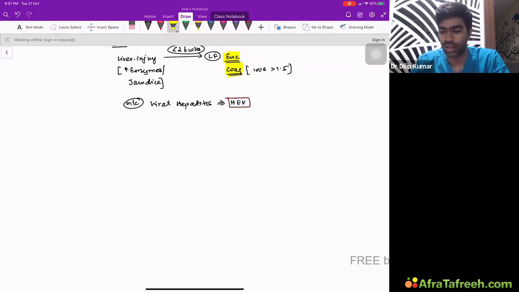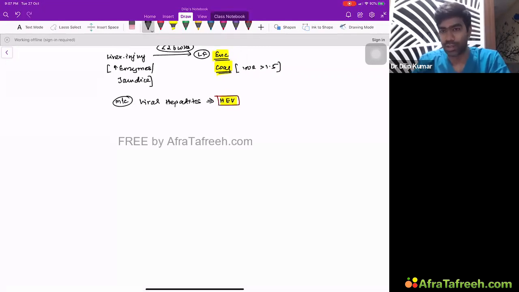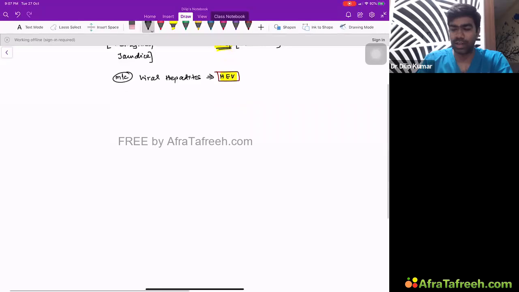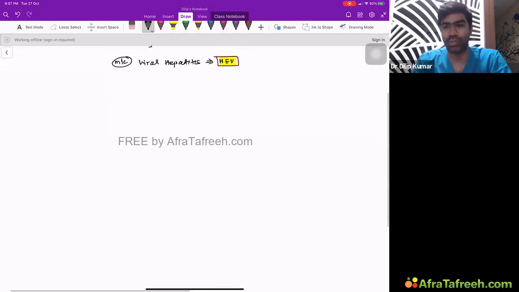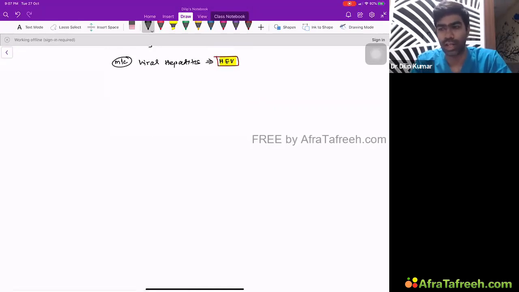So HEV related ALF in pregnancy almost touches 20%, whereas HEV related ALF in non-pregnant individuals is typically less than 1%. So it's very rare. Pregnant women are more susceptible to hepatitis E virus. And it's not HIV, it's hepatitis E virus which is the most common cause of ALF in India, according to the NCDC data, that is the National Center for Disease Control. They give the statement every time. So according to them, the viral hepatitis that most commonly causes ALF in India is hepatitis E virus,